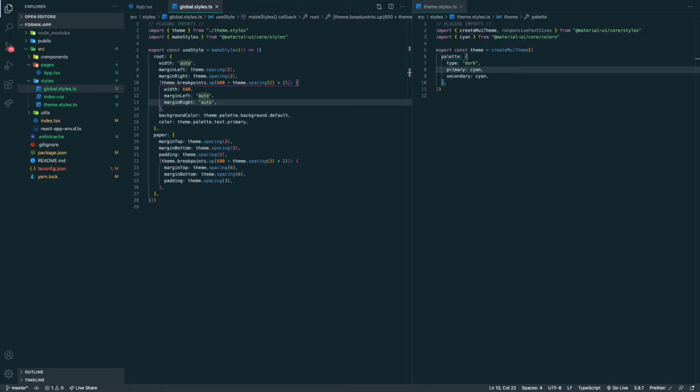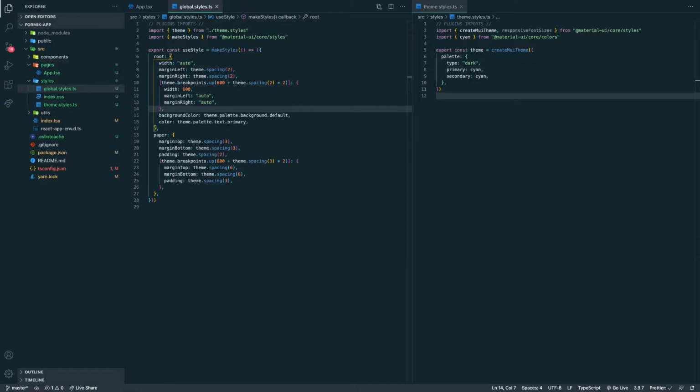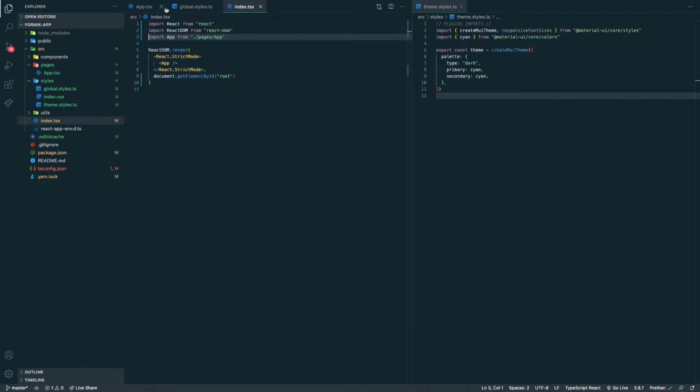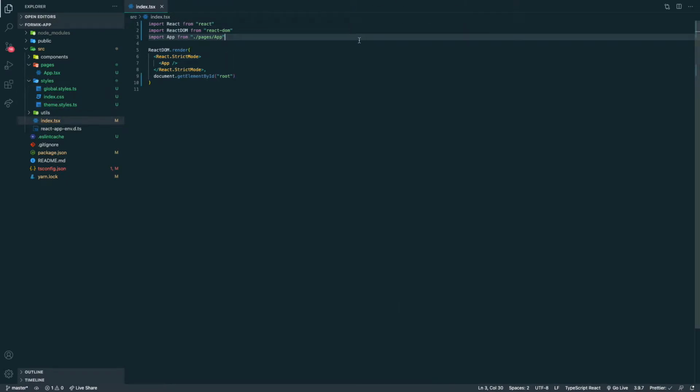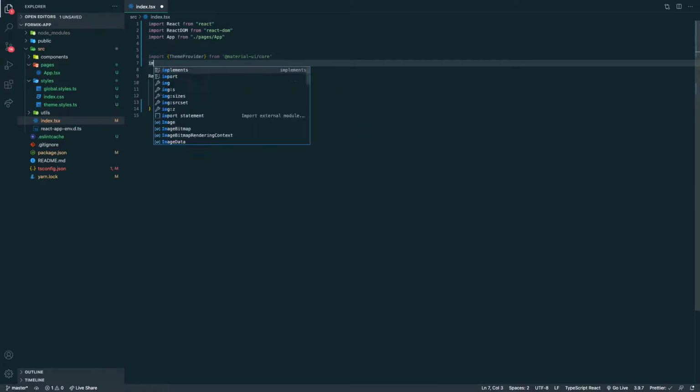And that's enough for now. Let's actually import it. We'll need it here. Let's go to index. Let's close all these files. Go to index and import theme provider. That is a theme provider from Material UI core. Import theme from